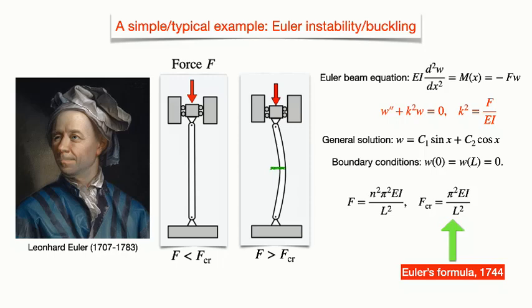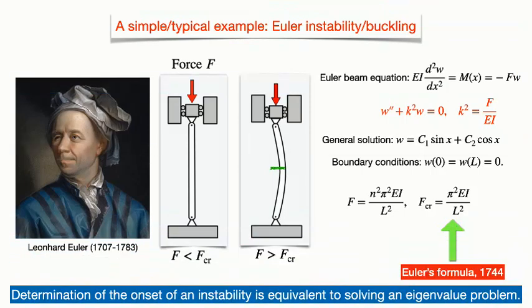And from this, we know that identifying the onset or the threshold of instability is equivalent to solving an eigenvalue problem of an ODE or PDE, right? This is the main mathematical insight into this problem. Following this standard way,